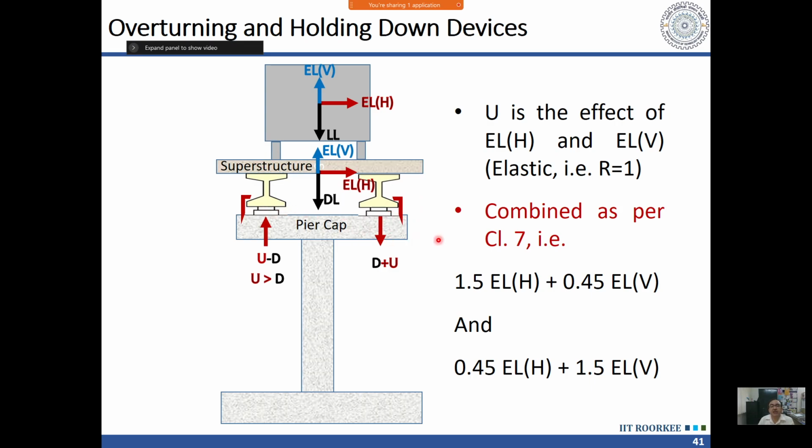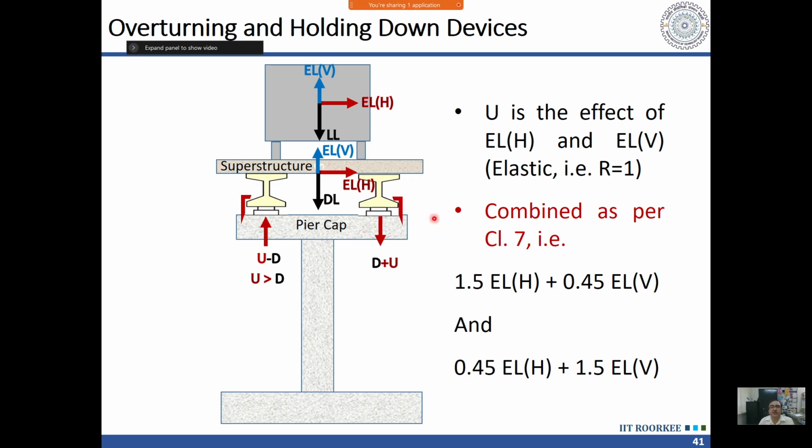If I am having a multi-girder, wide superstructure for several tracks, then perhaps this situation may not arise. But in the case of twin girder superstructures, this situation will commonly arise, where I will get uplift at one of the bearings. So I have to either design the bearing to take care of that uplift, or I have to provide a holding down device similar to that. The code gave detailed guidelines. Both codes have the same guidelines, in fact, IRS as well as SP 114.